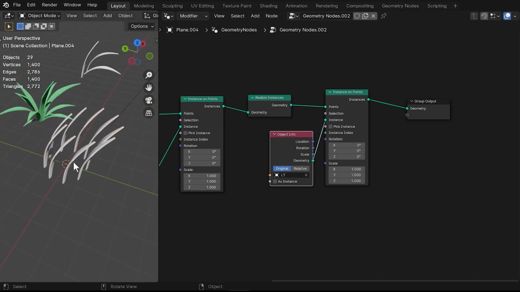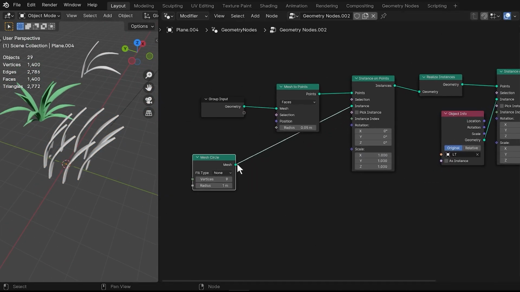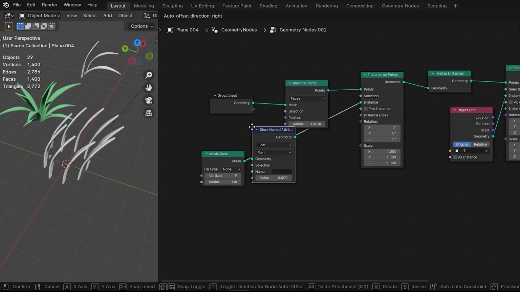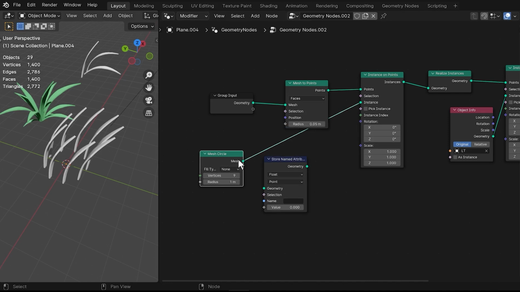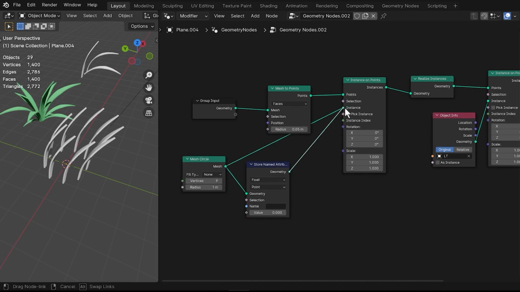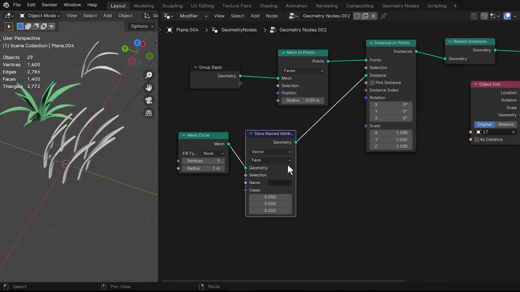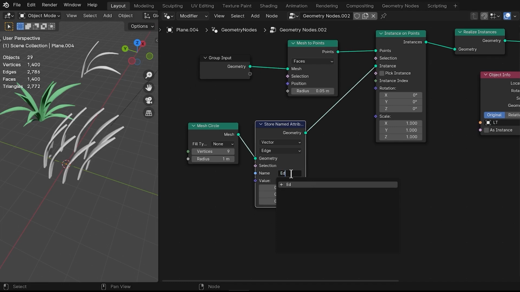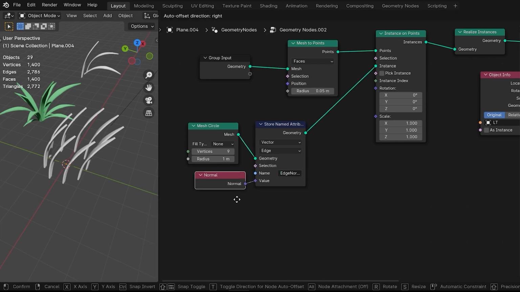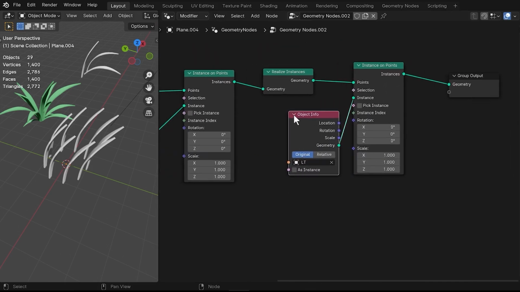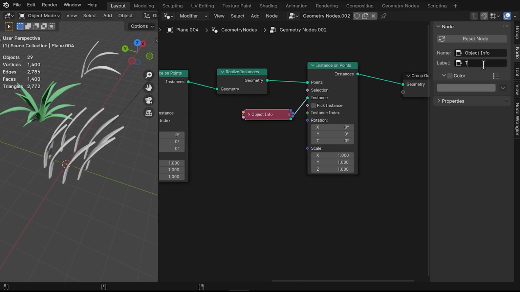Now I will have to orient them normal to the edge. So first we will capture the edge normal attribute. Shift A, search for store named attribute. Hold Alt and drag it with right mouse button. This is a feature of the Node Wrangler add-on. Set your vector and edges. Name it edge normals, and we want normal. Connect a normal node in the value. Now let's rename it to top leaf